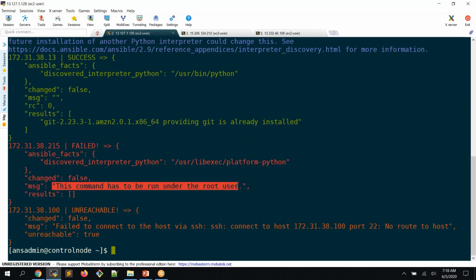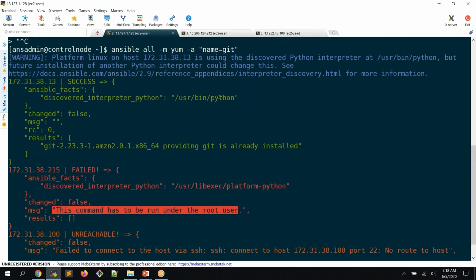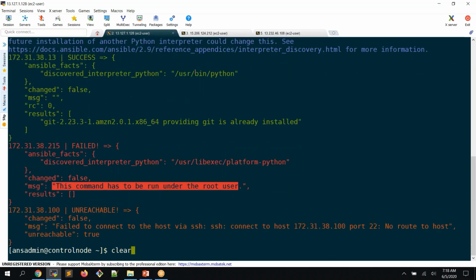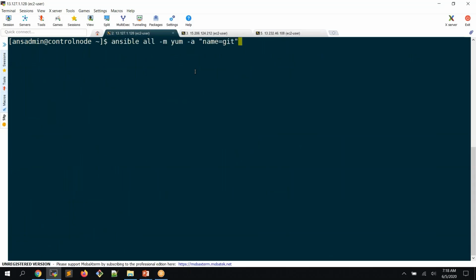It is saying that, boss, you are executing a command as a normal user, you should execute it as a root user. So in that case, you need to amend your ad hoc command a little bit. Let me clear the screen. So you can add